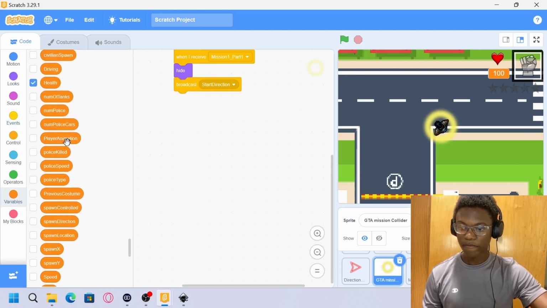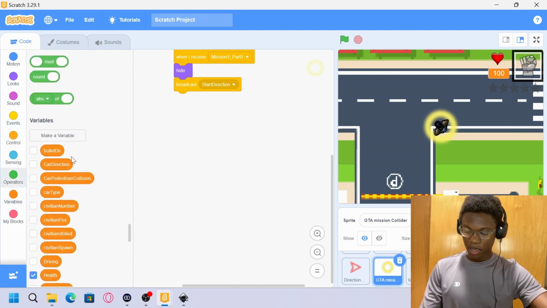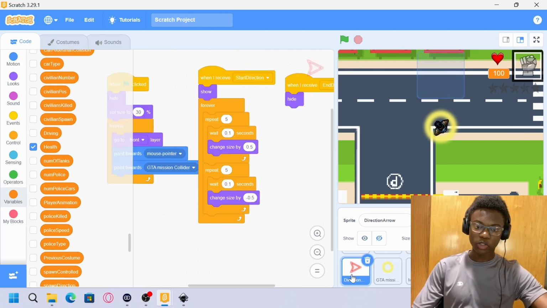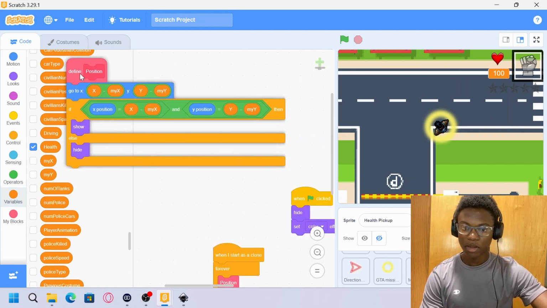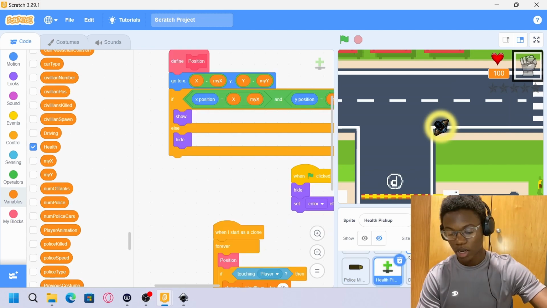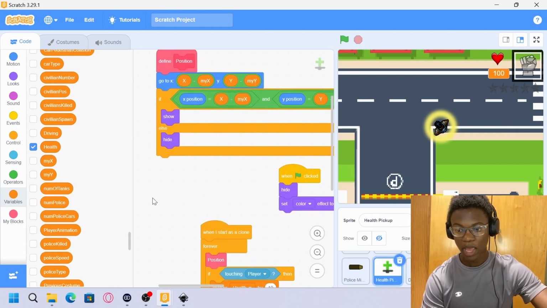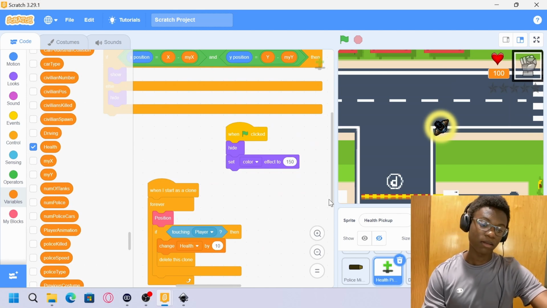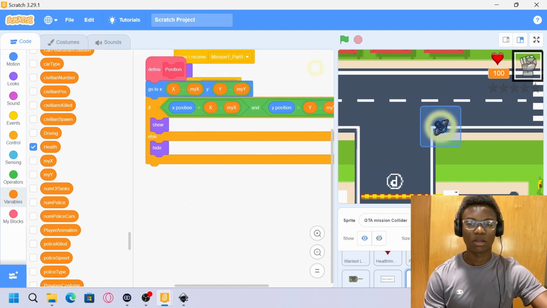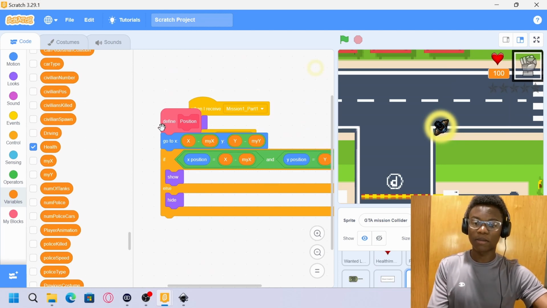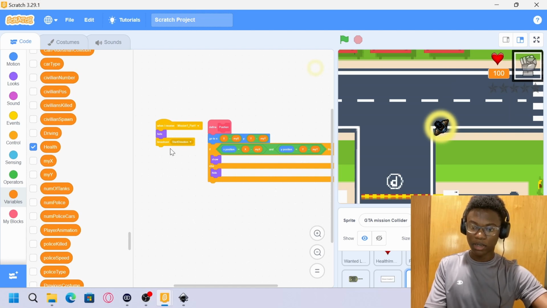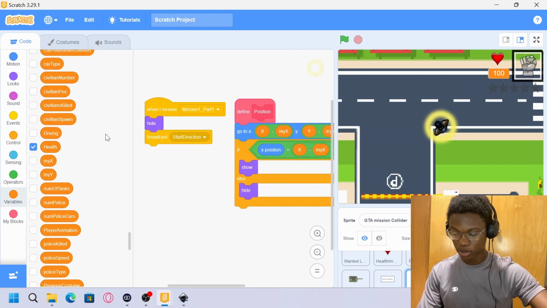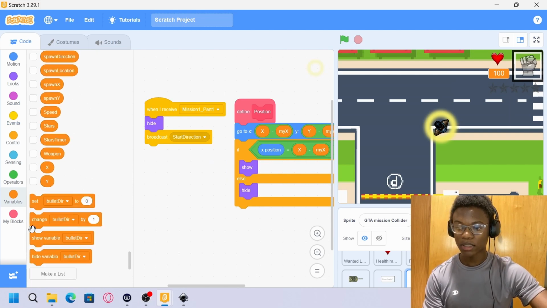So now we can go to our variables, and we need 2 new variables. To make that happen, we're going to go to any one of our previous objects and just edit a lot of this out. Now we have access to my X and my Y in the right place. So define position. Now mission 1 part 1, broadcast start direction,